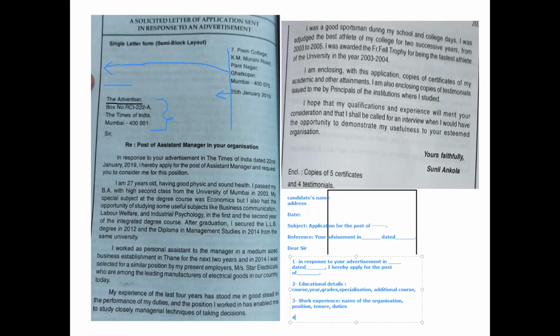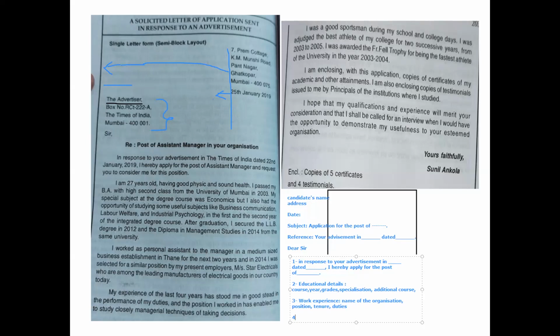Application catches your attention, so you should provide up to date knowledge, and if the reader reads that information, he will select you, he will go through your application and he will call you for the interview. Because the resume is lengthier, he may not waste his time to read all resumes. He will just go through the application letters, then select only a few applications, and then he will go through the resumes. So that's why your application letter must be properly written.